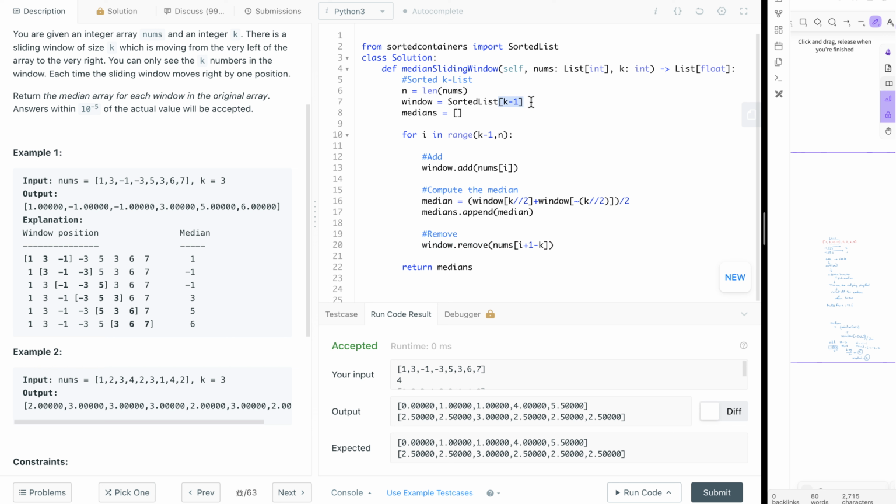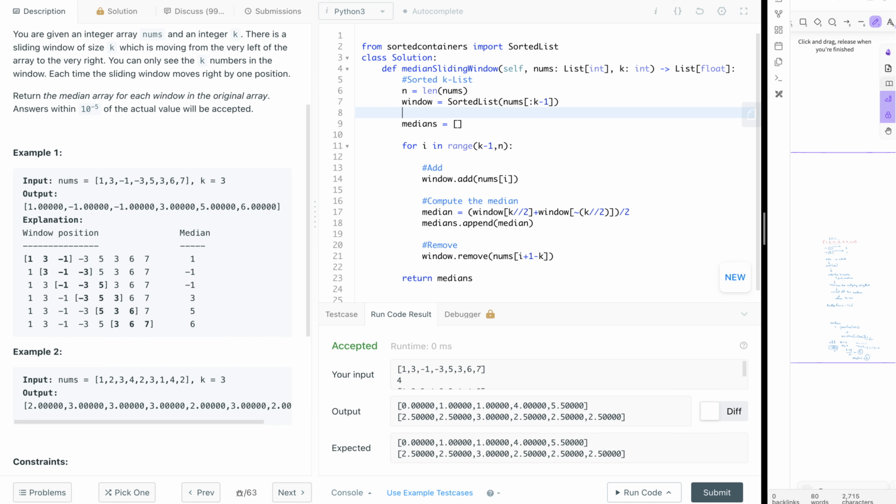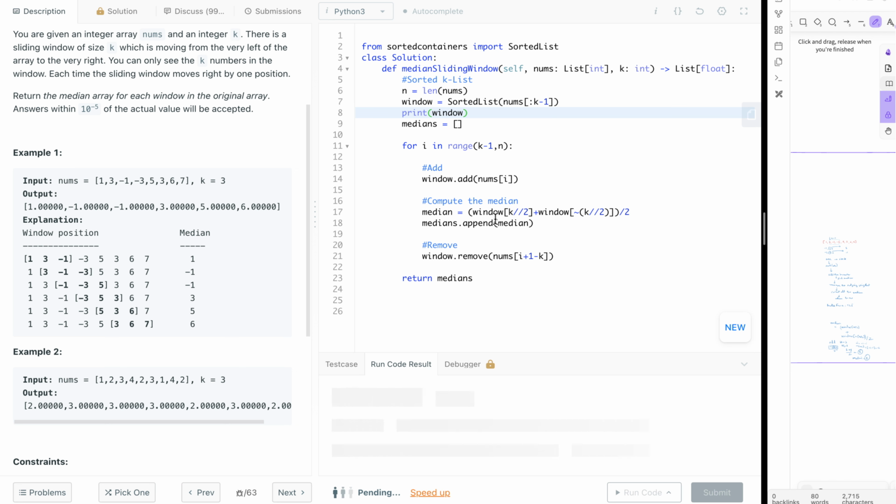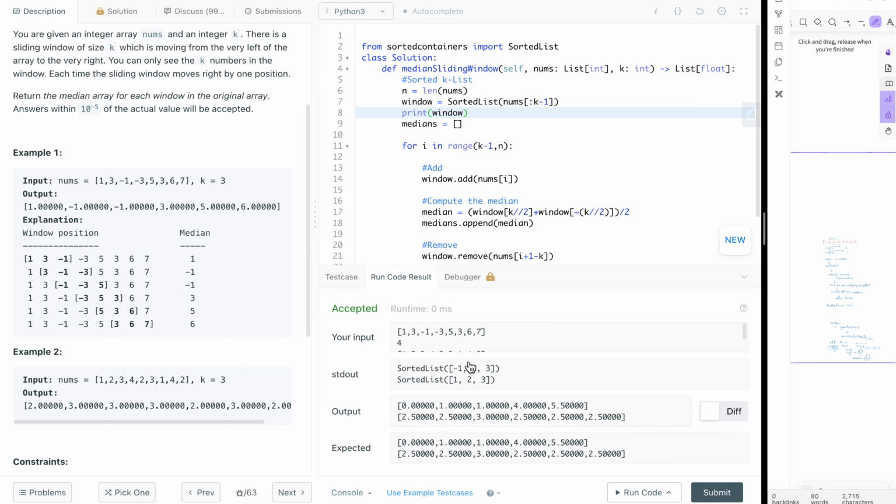So here we need to improve our sorted list like this. So this is nums of, we are going up till k minus 1. If I show you how this looks in the window, if I do print window, it will show you the correct window. Now let's run our code and see how this is accepted. As you can see, the sorted list which we were looking for initially in the brute force solution is -1 1 3. So this container also does the same thing, but internally it uses